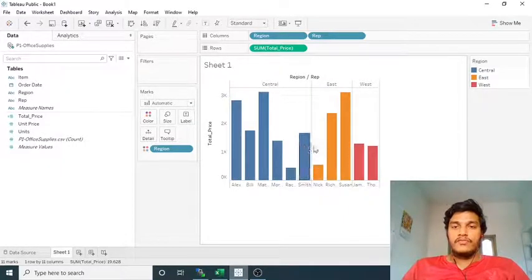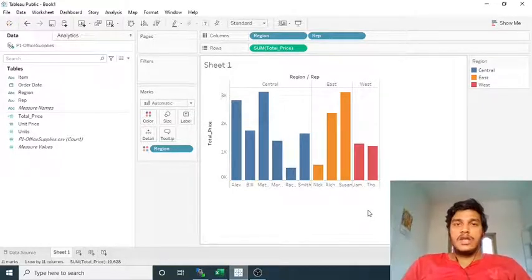But if we give some labels here, then they can easily identify the exact value for James as well as for Sushan or someone, and they can also approximate the values with respect to the labels that we have given and the formatting that we did. So now, without wasting any time, let us have a look at how to do the labeling as well as formatting in Tableau.